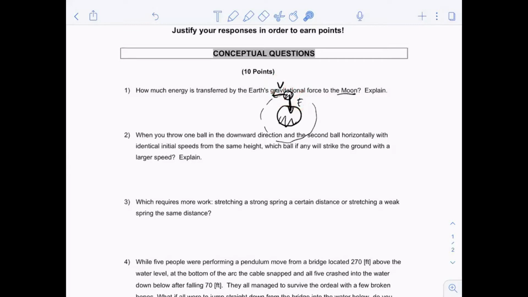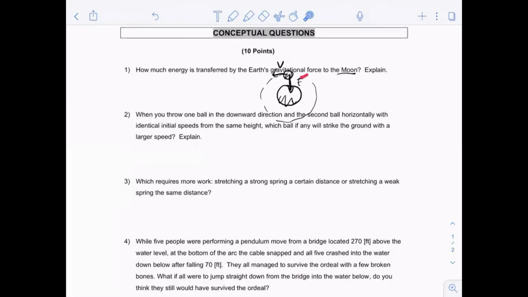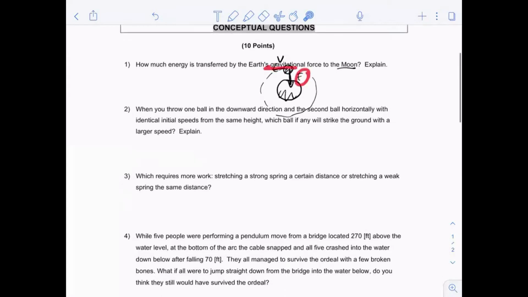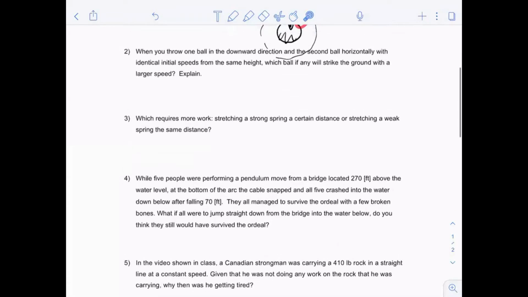Most of you guys said it's perpendicular, but you need to provide an explanation. You need to write it out as if the person who's reading it does not know what you're saying. If you said to someone, "Hey, dude, this is perpendicular to that," that's the reason why it doesn't transfer any energy, it's not going to make sense to anyone. So you have to provide a complete explanation. This force does not have a component along the direction of motion, which means that this force does not contribute to this motion. So you have to be a little bit more